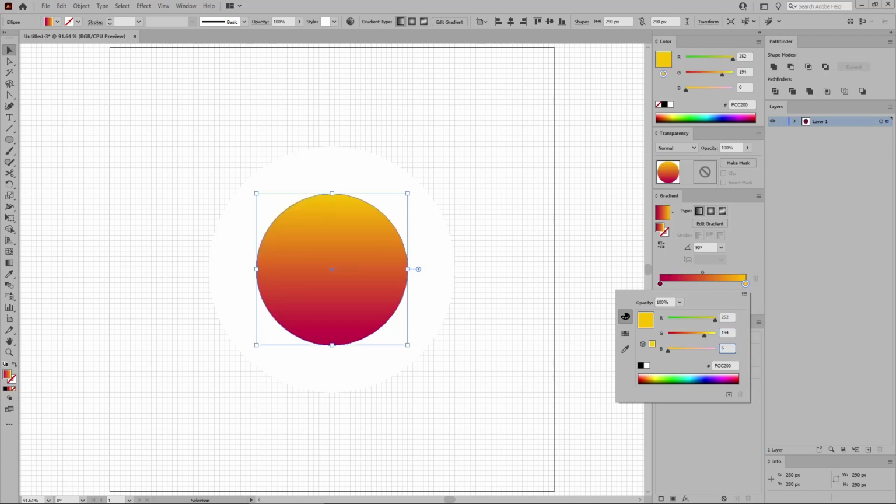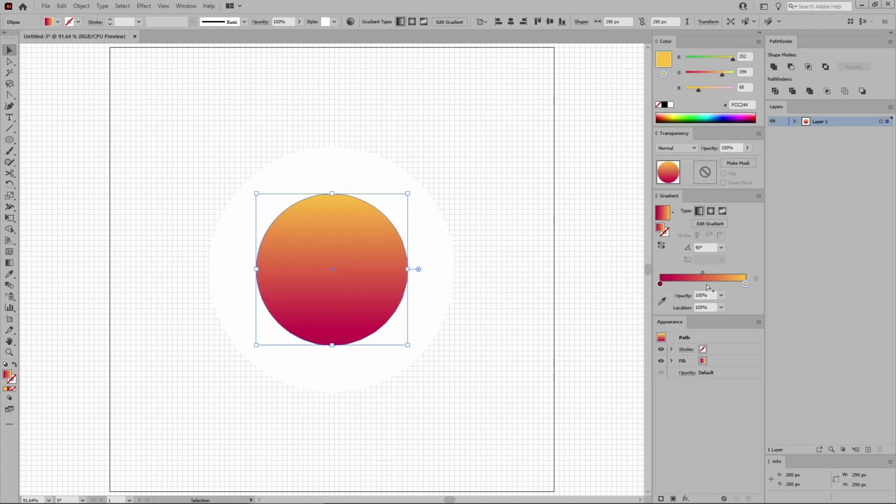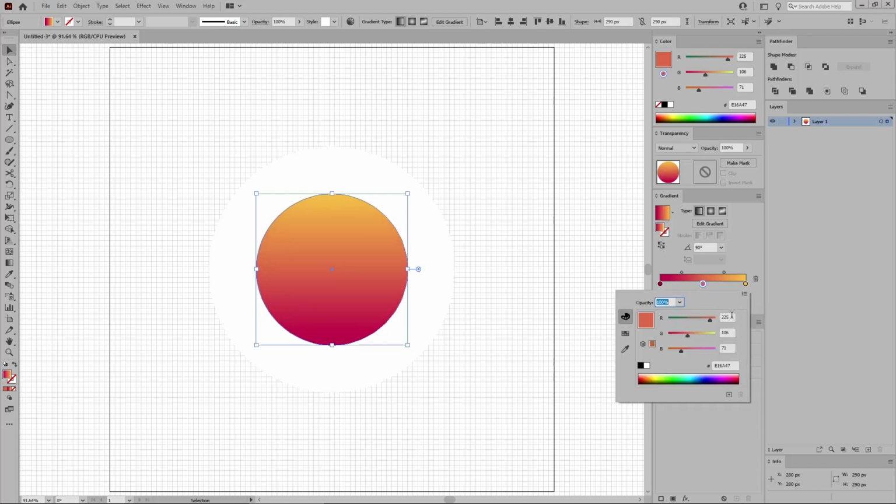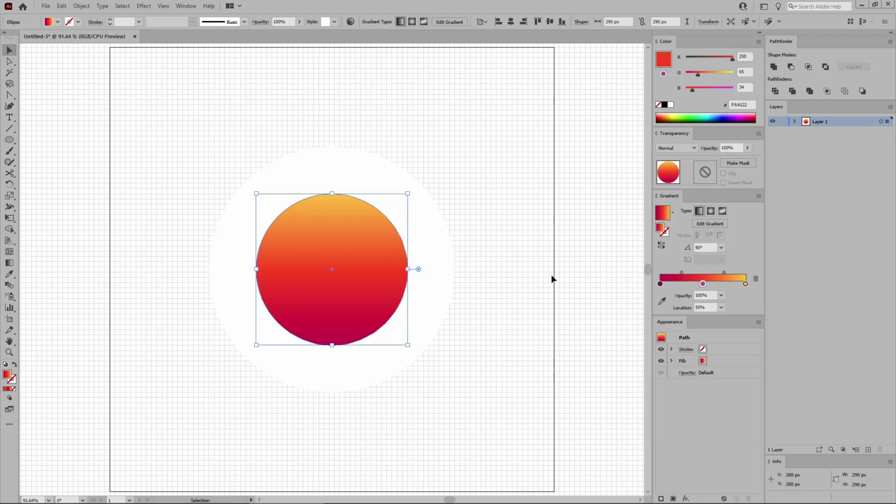And then click on your gradient bar to add a third gradient slider. Keep it selected and set the location to 50%, and then double click it to replace this color with 250, 65 and 34. Now that you have these two circles, let's switch to the rectangle tool from the toolbar and